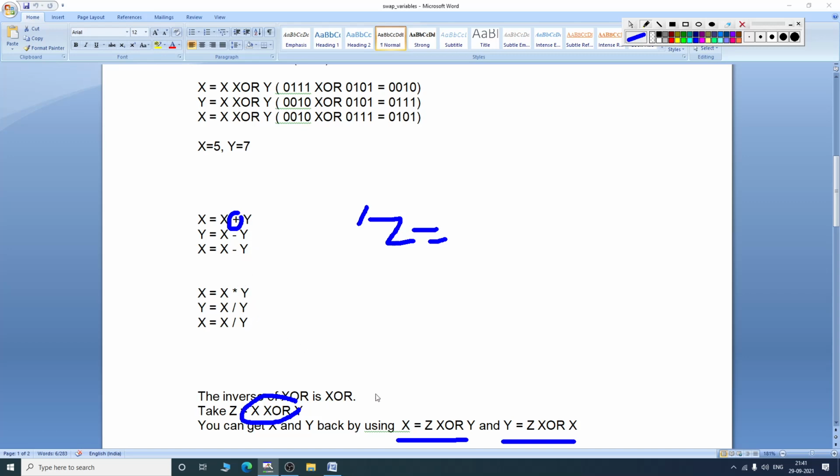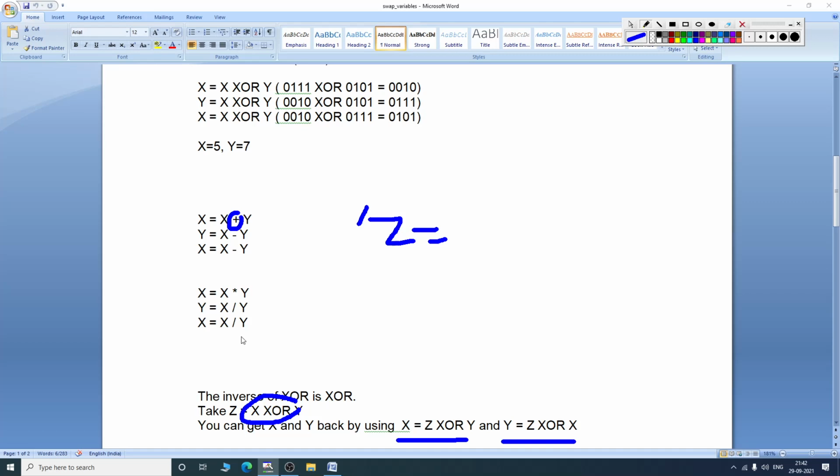So if I want to have an operation that can swap the variables, I need to have two operators, one is the basic operator and the other should be the inverse of the first operator. So as XOR is the opposite of XOR, I can take XOR.